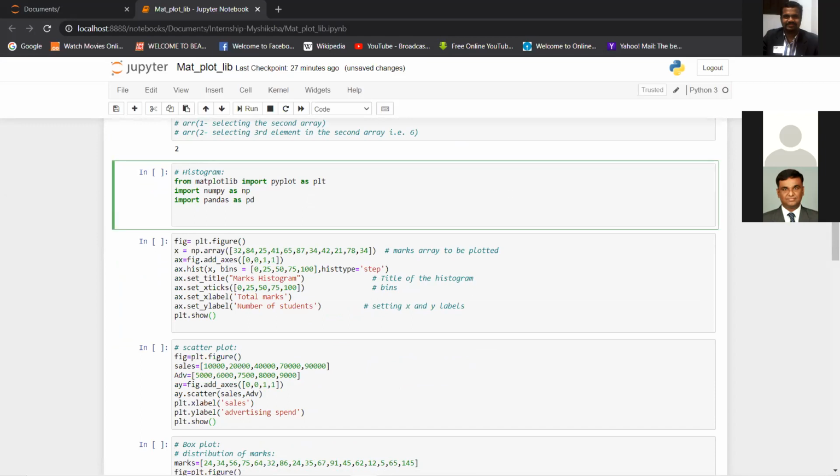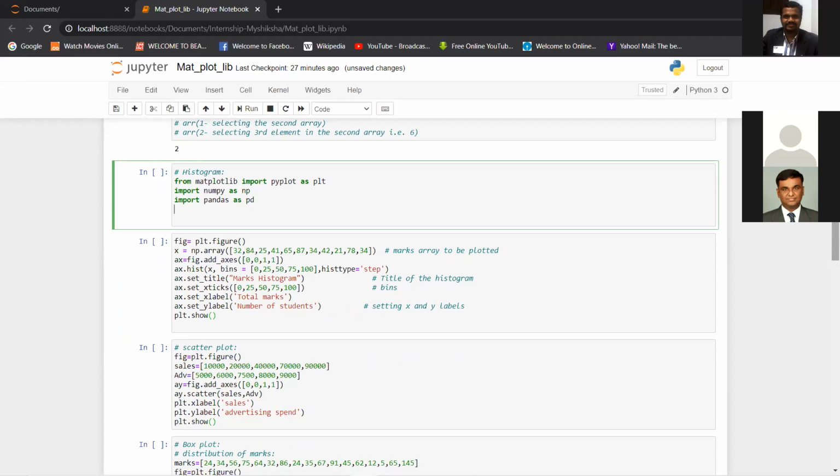As I told, this is a very important library because visualizations help us in exploration of data, in identifying relationships between attributes, right? And exploration is important because it leads us to the next steps in creating our algorithm.